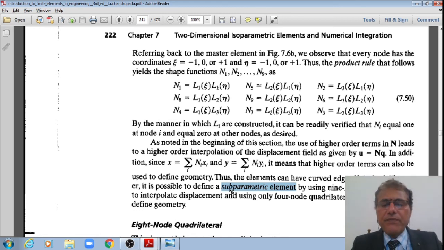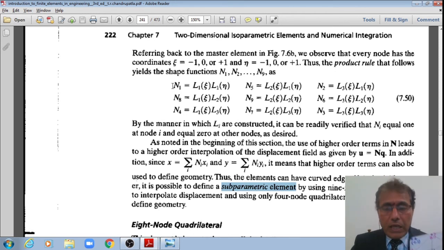Whereas what are superparametric formulations? It means if I use only, let us say, only 4 shape functions N1, N2, N3, N4 to interpolate the displacement, u is equal to N1 q1, N2 q3, N3 q7, N4 q11. Q11 means all the x displacements of these displacements q's. Only four shape functions using those respective q's, degrees of freedom.